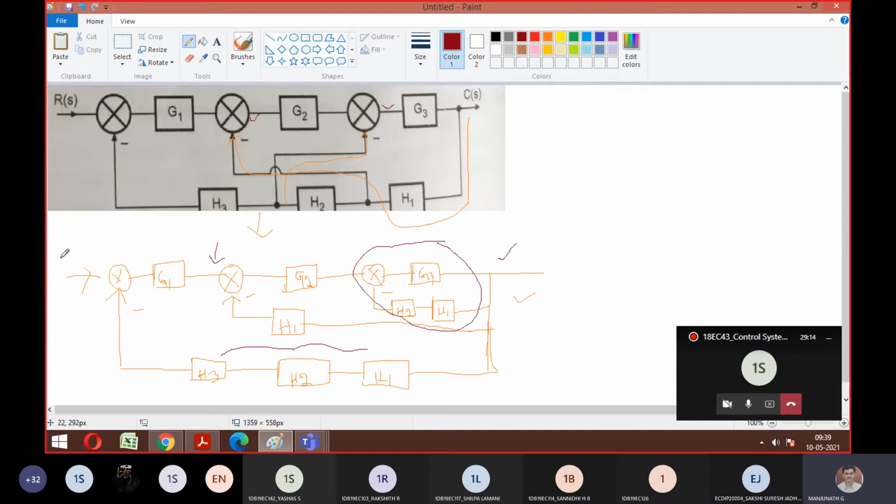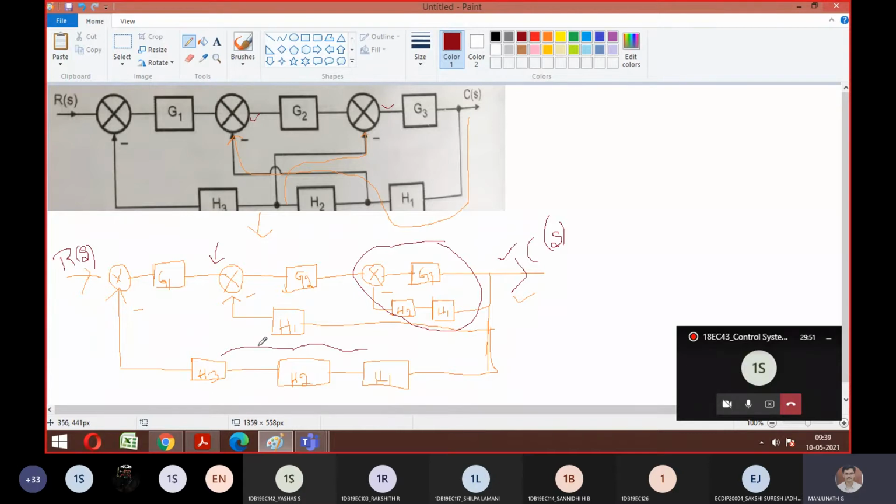Write this diagram with all the labeling. The input should be as it is, R of S. Then the output should be mentioned, C of S. And the arrow marks with respect to the feedback paths are very, very important. So be aware of your forward path as well as the feedback path. This is your first step. After this first step, whether you want to do cascade and eliminate, that is okay, or if you want to do the three and cascade, also okay. Anything is fine, but as I said, write step by step.